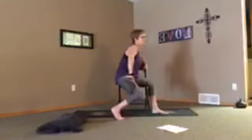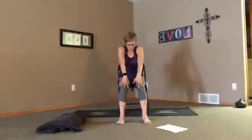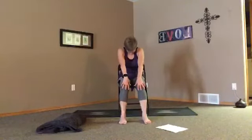Bring that in and sweep it forward. Let's just move through a little cat and cow just for a little bit of release for that low back again. So inhale, lifting and opening. Exhale, tucking and rounding. Inhaling and exhaling. Awesome. Okay, so let's just come to standing position for a couple of postures and then we'll